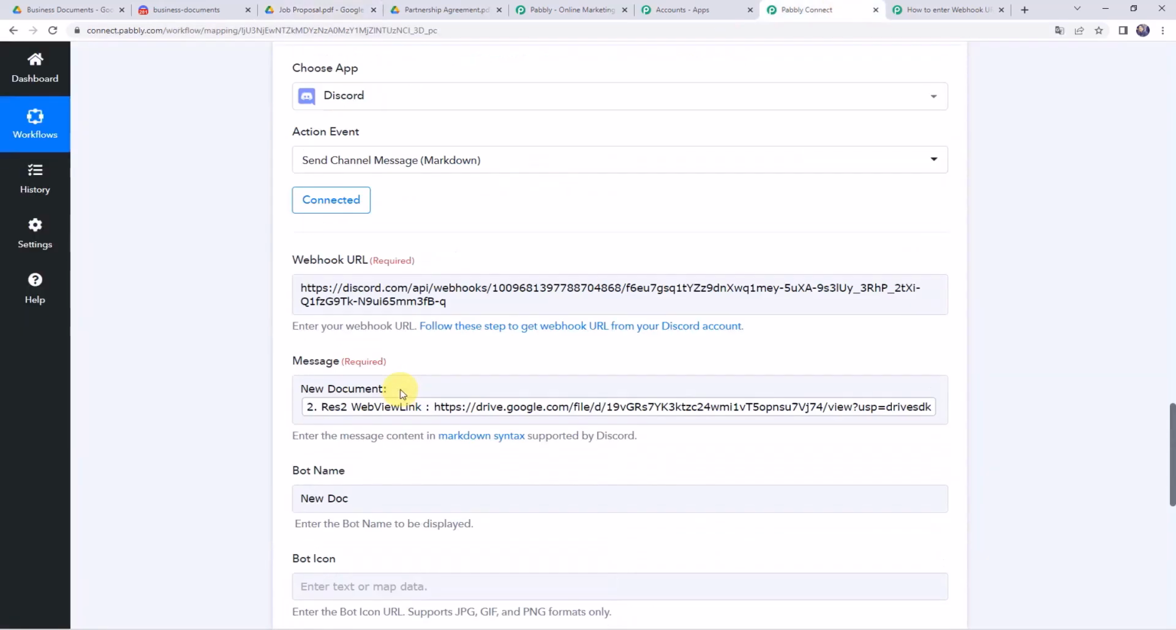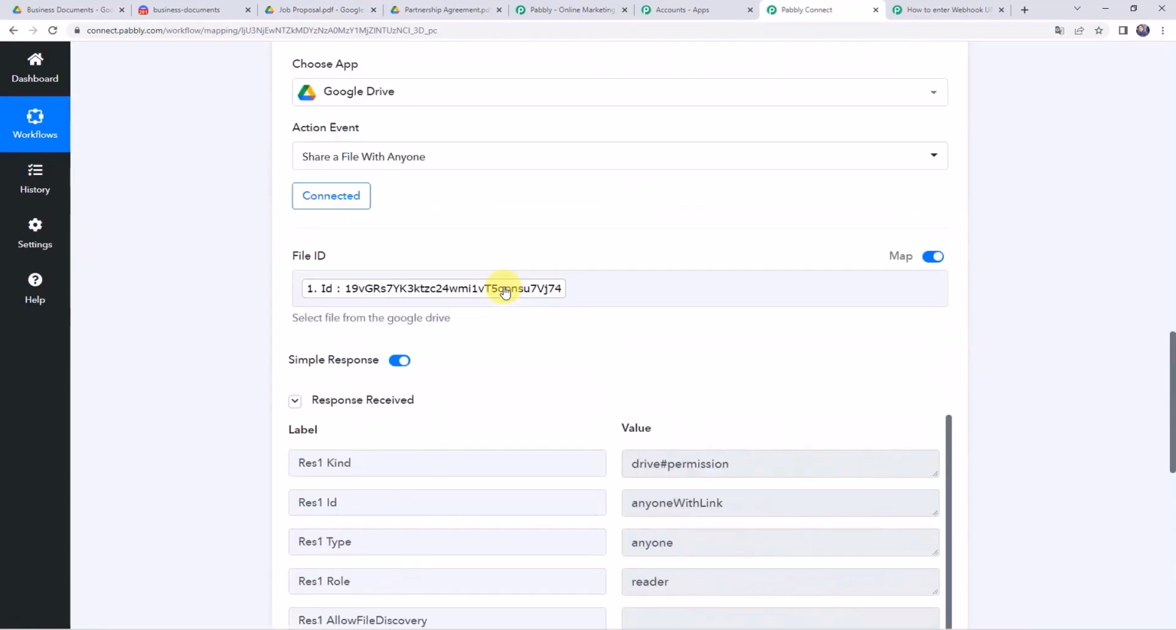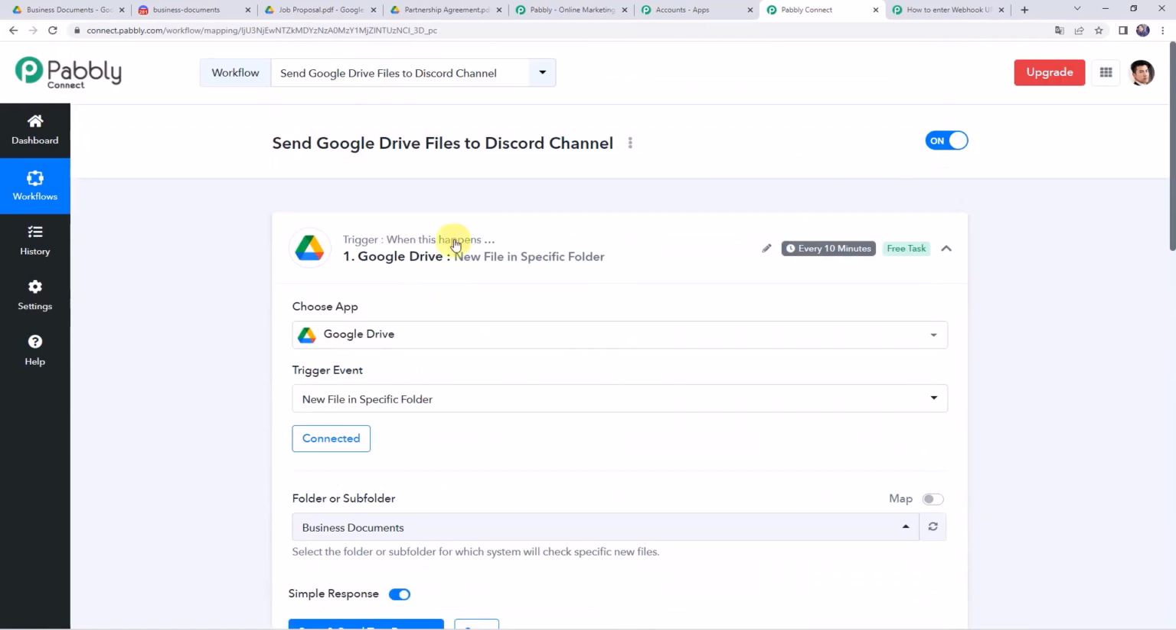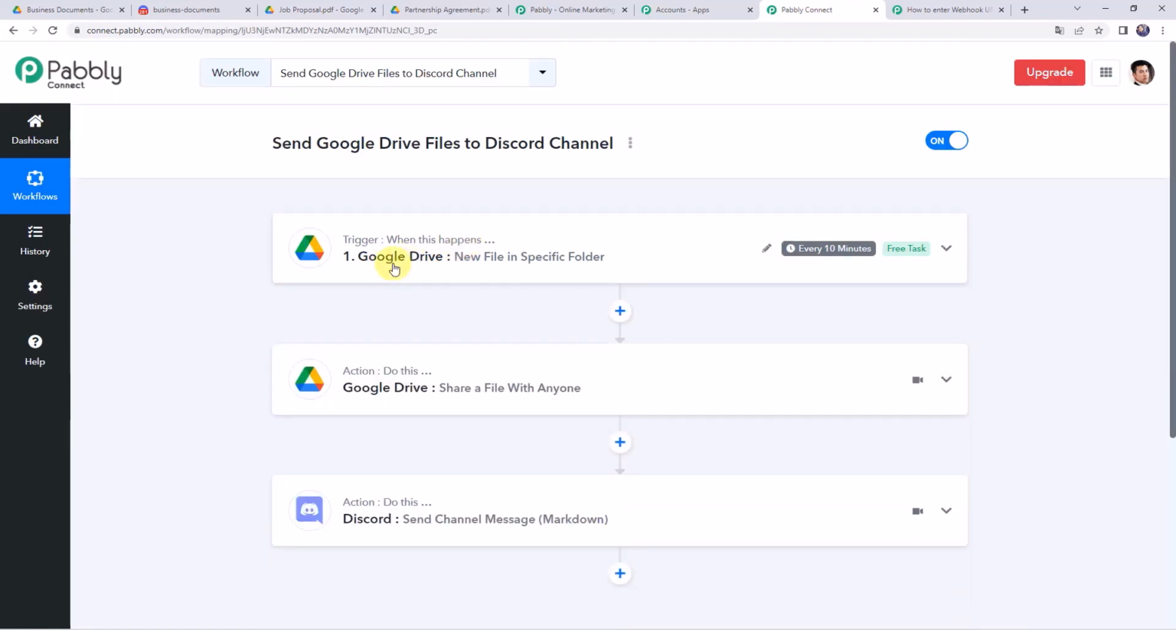And I'll just minimize all these windows and let us see in a nutshell whatever we have done till now. So first, we have created an integration between Google Drive and Pabbly Connect so that whenever a new file is uploaded in a specific folder, automatically the file details are captured in Pabbly Connect. Then we have made that particular specific file a shareable one so that it can be shared with anyone. And then using those details of the file, we have automatically shared the same file with our team on the Discord channel. And in this way, we have created a successful integration between Google Drive and Discord channel using Pabbly